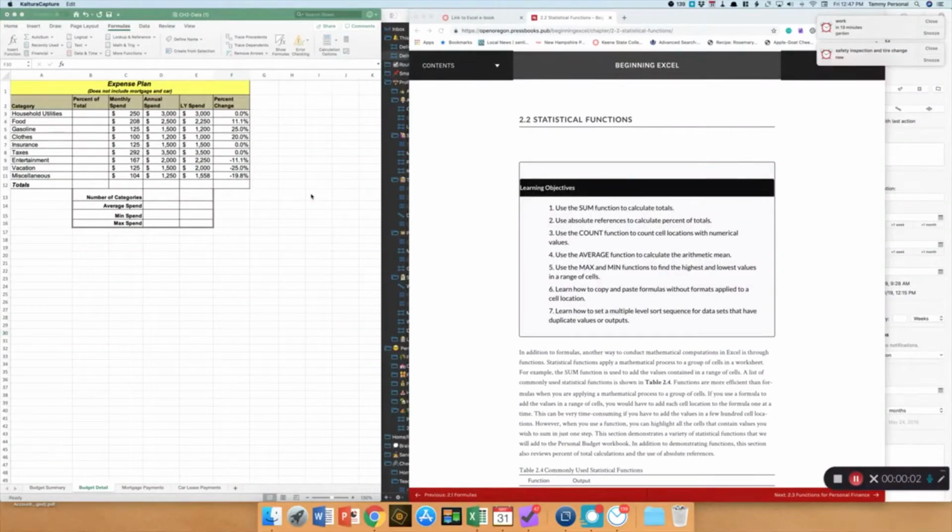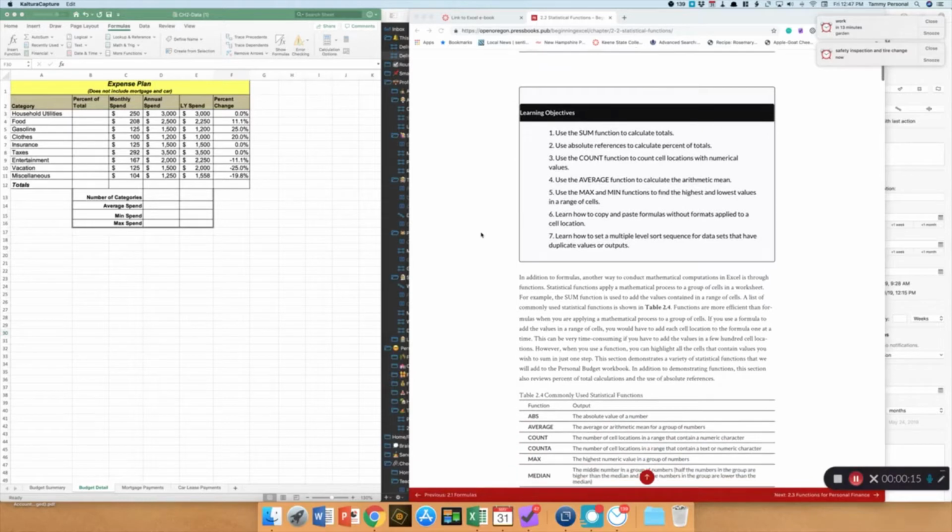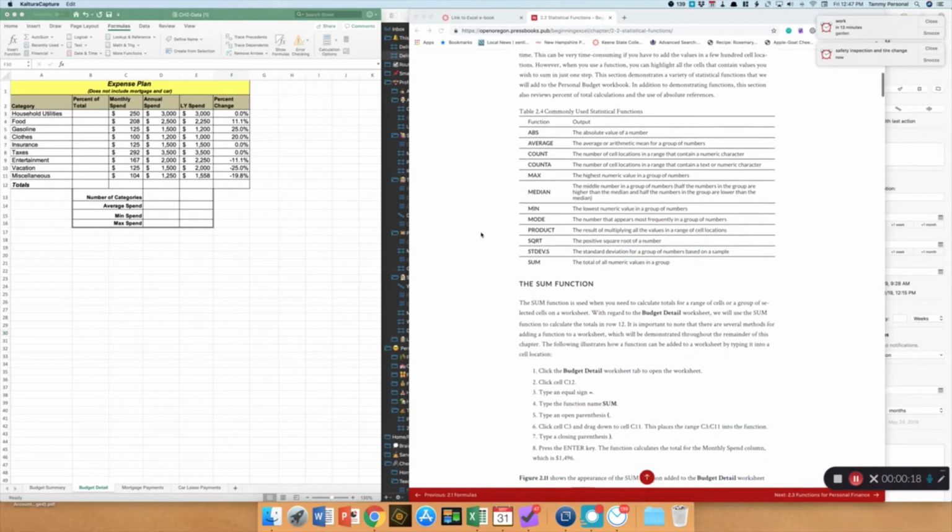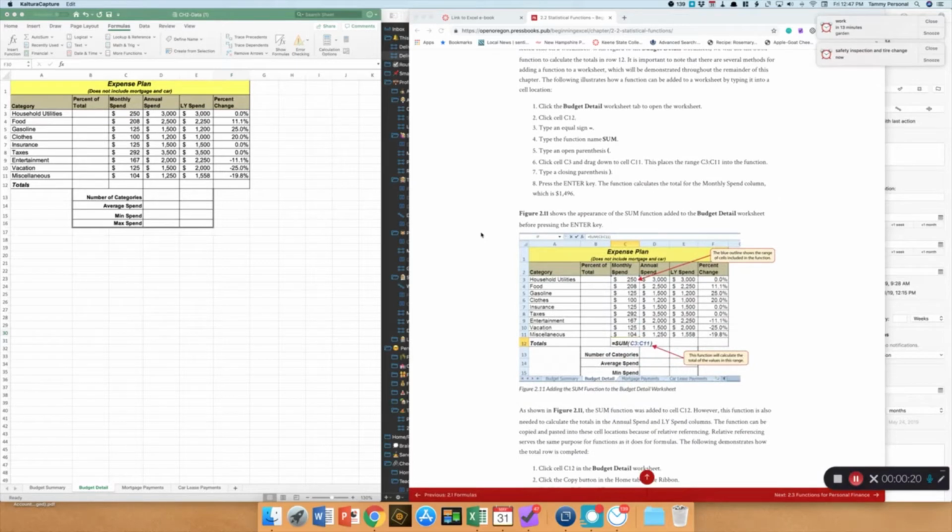Moving on to the second section of Chapter 2, we are starting to get into some basic statistics, as well as some somewhat more complicated calculations. So the first thing that we want to do is start looking at some statistics about this table, about the data in this table. The first thing we want to do is calculate the sum, or our total monthly expenditures, which we